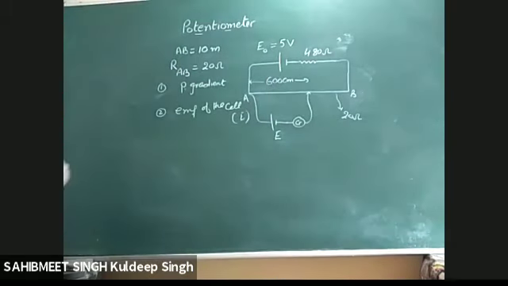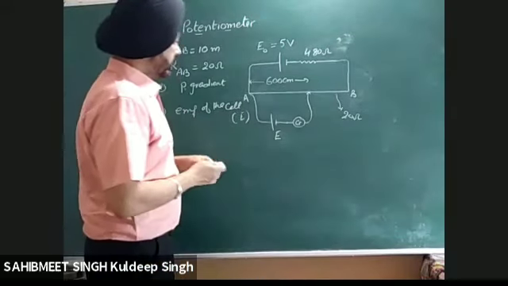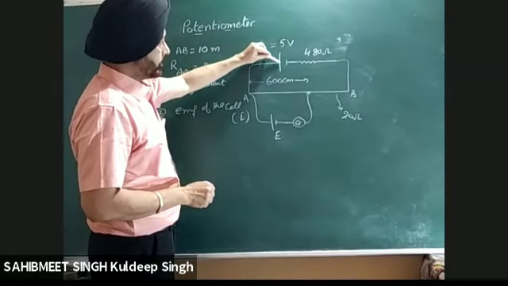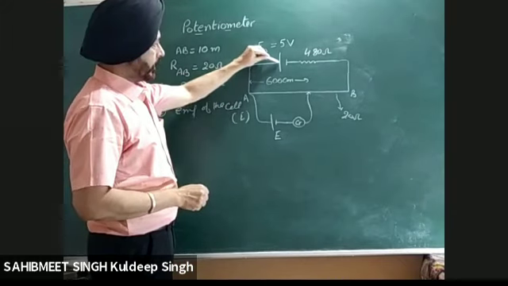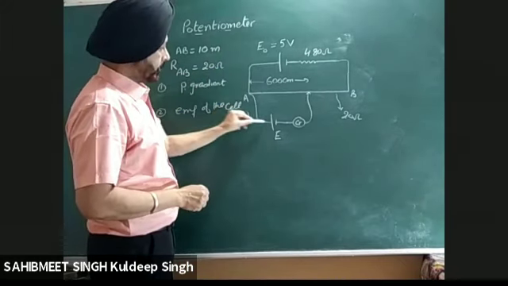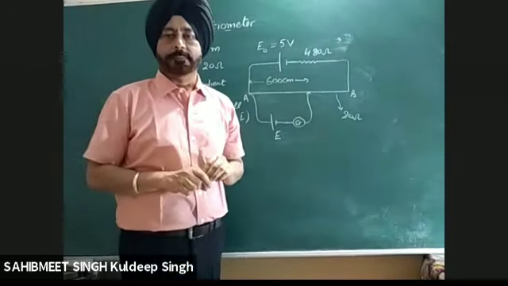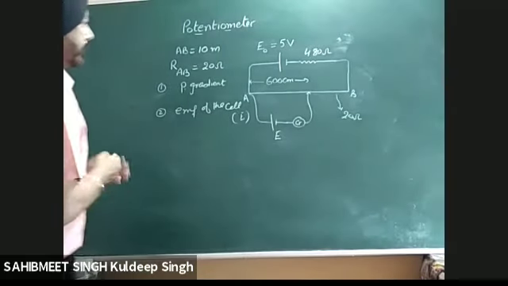The question is similar to the first one. Now here, one point you should remember: in the previous circuit as well, I connected the positive terminal to the positive terminal here. You can also connect the negative terminal here and the negative terminal here, but you have to connect the same polarity. What is the reason? I will tell you in the next video.